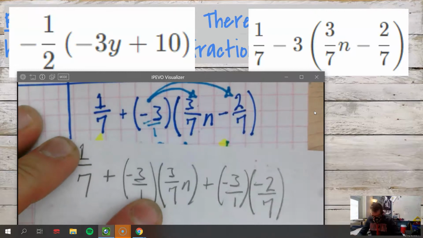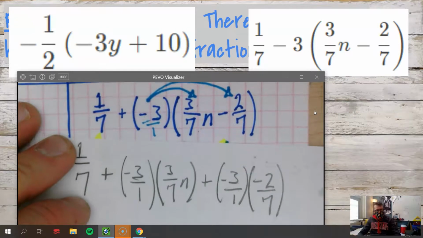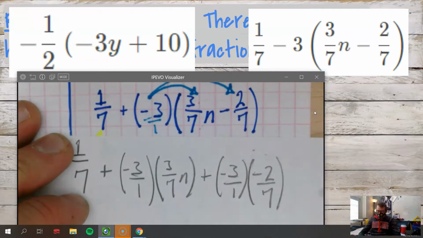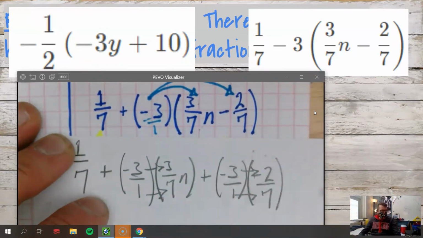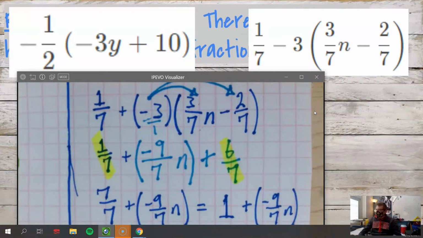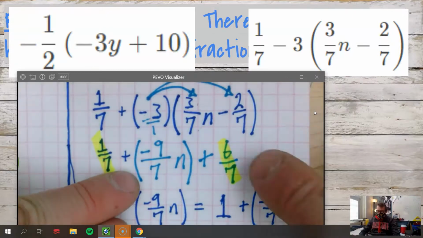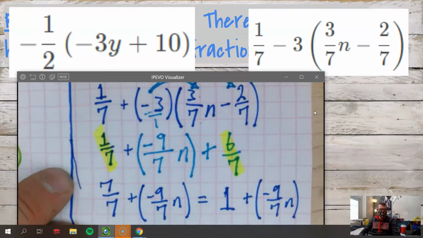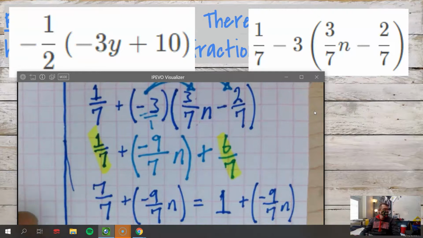I'm sorry, it's like autopilot at this point. Whoa, we'll get there. Cool your jets. So, if we're writing out what's happening, then numerator, numerator, denominator, denominator. Numerator, numerator, denominator, denominator. It's like I'm singing. Becomes negative 9/7. I'm trying really hard. And becomes 6/7. Our like terms are our constants, but my variable remains